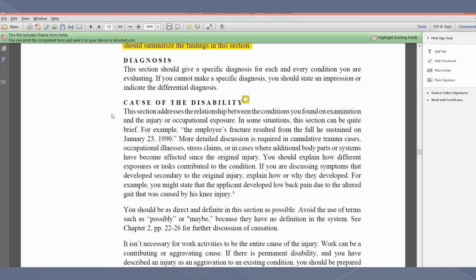Okay. This section addresses the relationship between the conditions you found on examination and the injury or occupational exposure. In some situations, this section can be quite brief. More detailed discussion is required in cumulative trauma cases, occupational illnesses, stress claims, or in cases where additional body parts or systems have become affected since the original injury, and this happens all the time in the current climate of